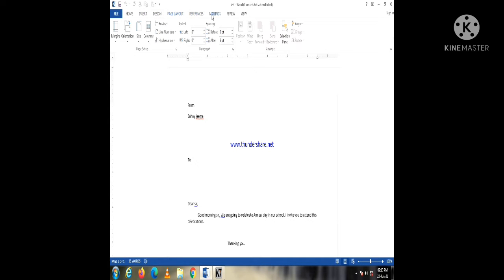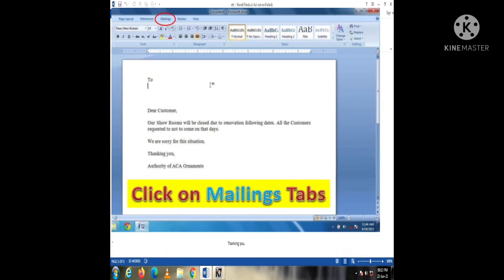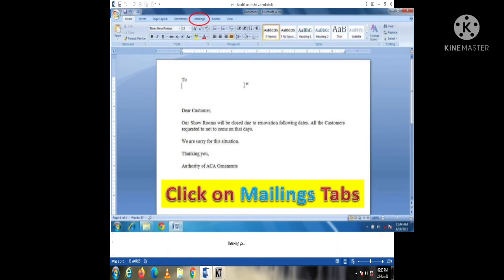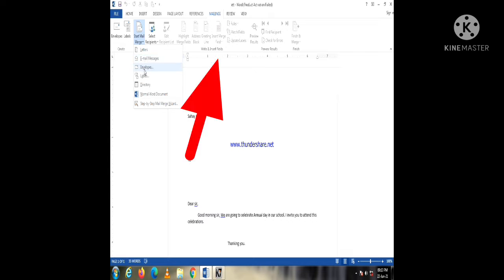We want to see the Mail Merge feature in MS Word, isn't it? Those features are available under the Mailings tab. Now you can see some groups under the Mailings tab, such as Create, Start Mail Merge, Write and Insert Fields, Preview Results, and Finish.